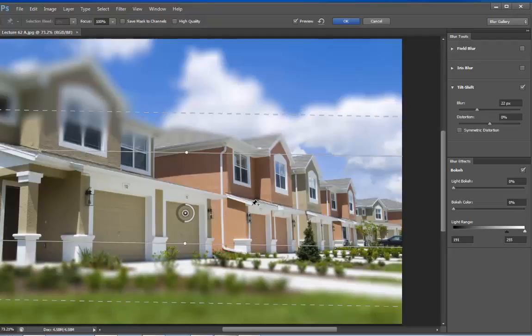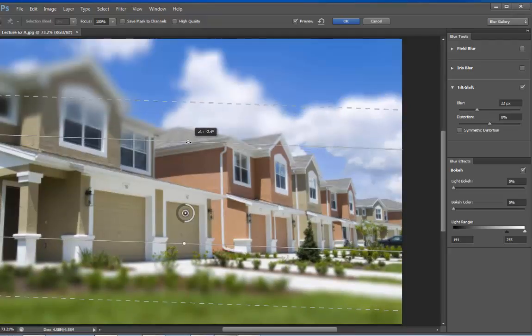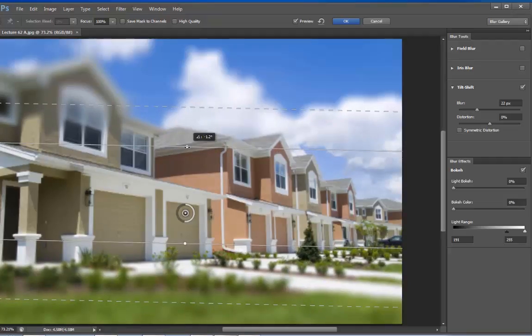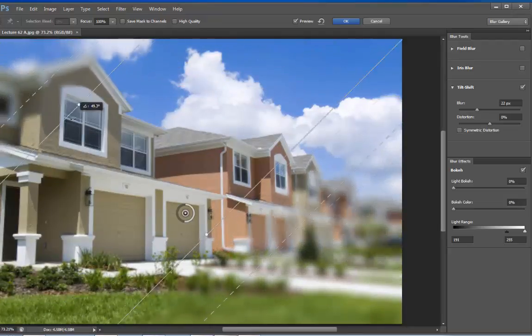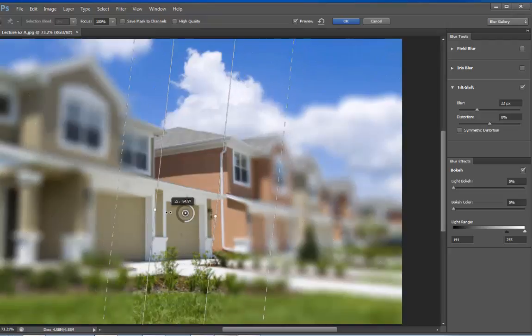One thing to keep in mind is that these anchor points will let the area grow or shrink but will also rotate. If you do not want to rotate them and want to just grow or shrink, just drag them along these lines. I'll rotate it.